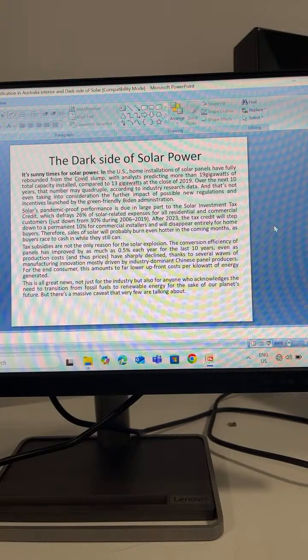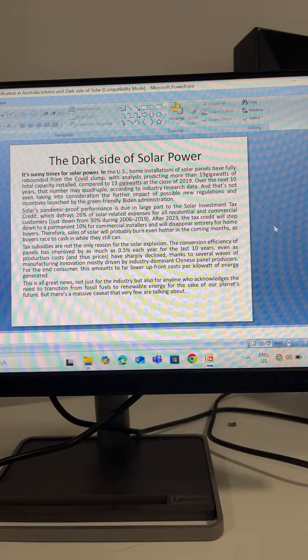In the US, home installation of solar panels has fully rebounded from the COVID slump, with analysts predicting more than 19 gigawatts of total capacity installed compared to 13 gigawatts at the close of 2019. Over the next 10 years, that number may quadruple according to industry research data, and that's not even taking into consideration the further impact of possible new regulations and incentives launched by the